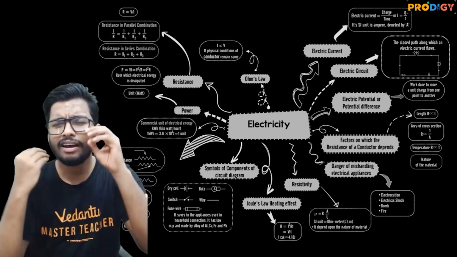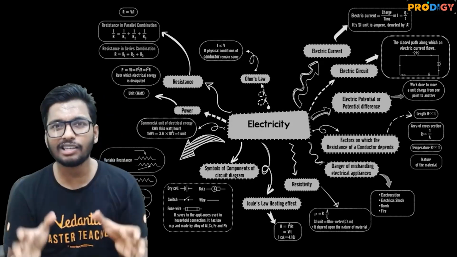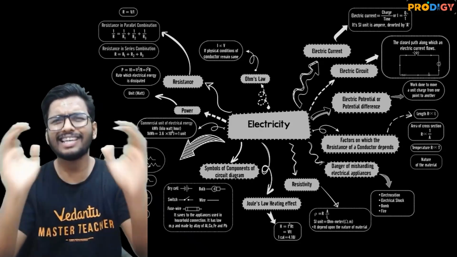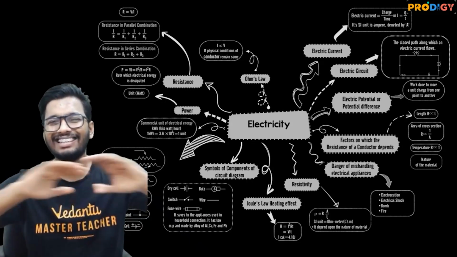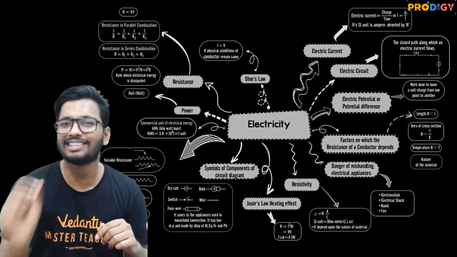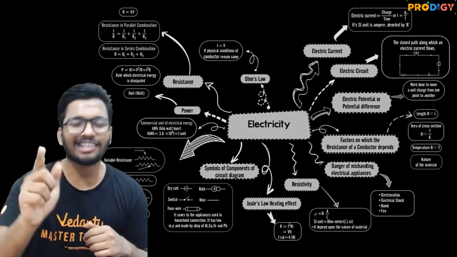For all those who are very confused about organizing your thoughts, this is the way to do it. A simple mind map, a single picture that tells the entire chapter's overview, all the important formulas, every single thing that you need is right here. So electricity, what all did we see?